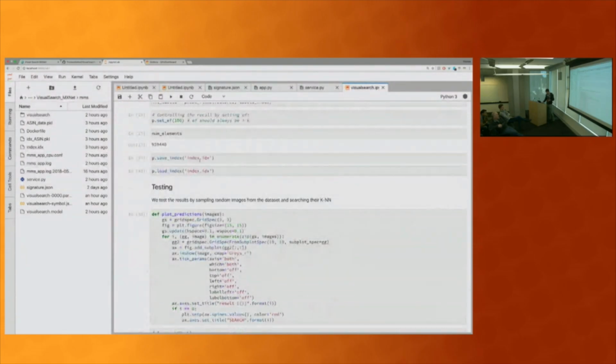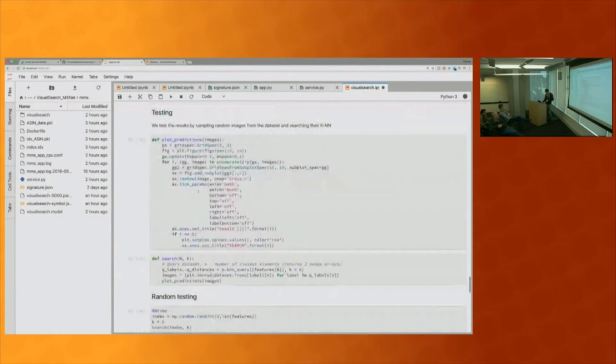And yeah, this index that you build can be saved. And then when we do inference, like on the website, we actually load that into memory. That's how it's super fast. Okay, so